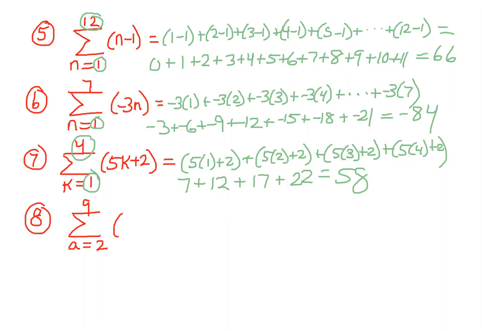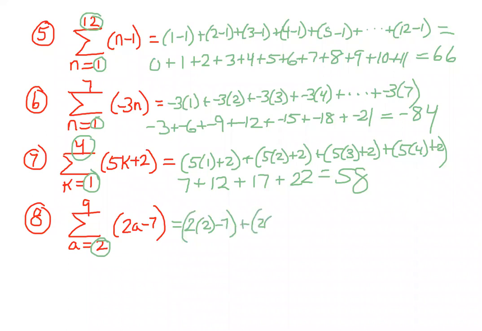All right, so this one is a little different. Now we're starting with 2. We're not starting at 1. We're starting at a equals 2. So we're going to have 2 times 2 minus 7